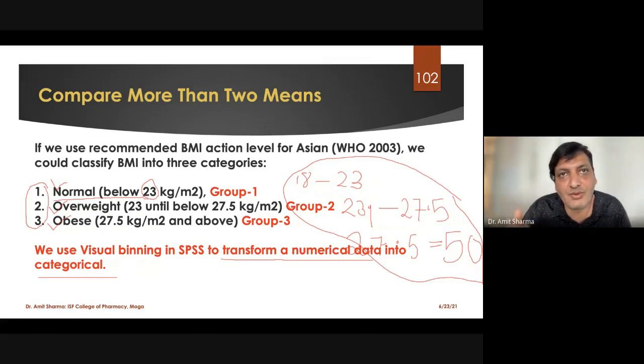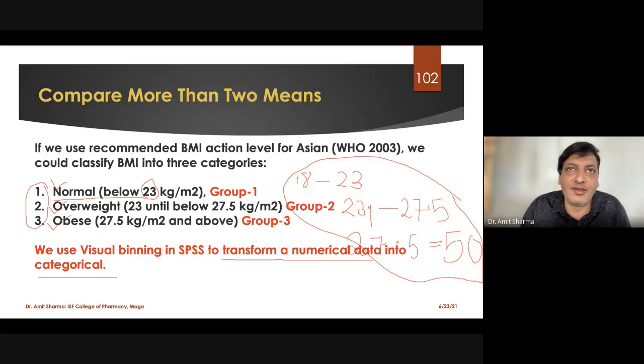So if you have any standard guidelines to make different ranges, you have to refer to the guidelines and quote the reference in your thesis or research article. For example, you are working on hypertension and you want to make the ranges of stage 1, stage 2, stage 3 hypertension. Directly you cannot make the ranges of systolic blood pressure from your side. You have to refer to the JNC guidelines. 6 you can refer, 7 you can refer, 8 you can refer. But guidelines are given for systolic and for diastolic, like 80 to 89, then 90 to 110, different ranges mentioned by some agencies. So those guidelines you will refer.